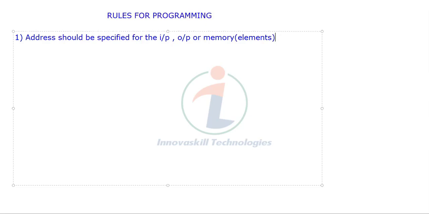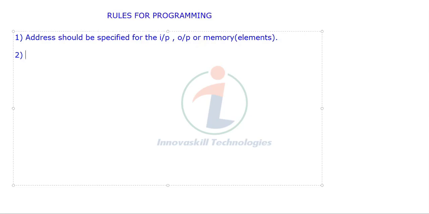The first main rule is that we have to mention the address. For example, if you are using an input or output, there will be different addresses based on the brand of PLC you are using and based on the software. For example, if you are using Omron, Siemens, Honeywell or AB, there will be different addresses for the different brands of PLC. Based on that, you have to specify the exact address when you do the program. That is the first rule.